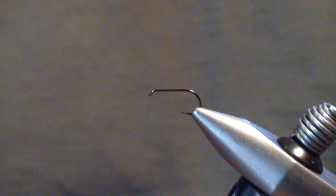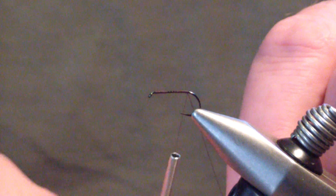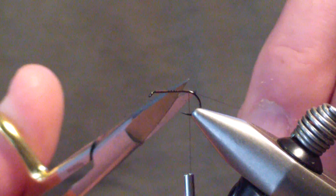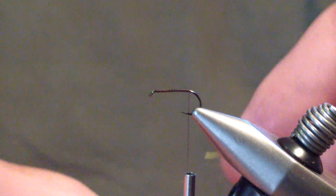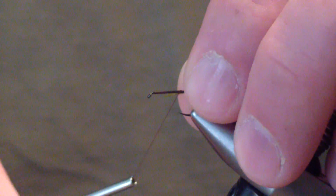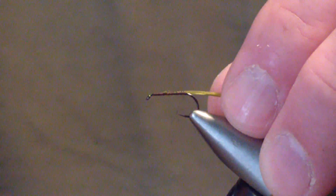I start off with a size 14 Orvis Tactical dry fly hook and brown 8/0 Uni thread, and we're going to start our thread and bring it back to the end of the shank. You don't want to go into the bend. And the first material we're going to tie in is a blue-winged olive or olive turkey biot. I use the olive because that matches a particular caddis that I find in the waters I fish. And we're going to tie that in,